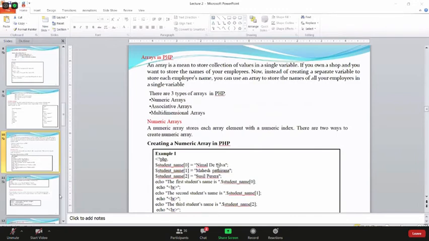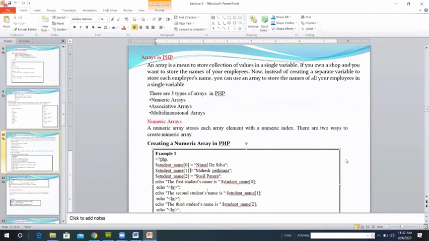Then this is the text you are going to display. The second one, same variable name, then here you write the index. That's why we call it the numerical array. We use the element with the numerical index. So three strings you can write with the numerical index 0, 1, 2.